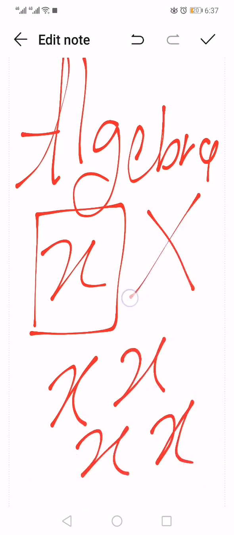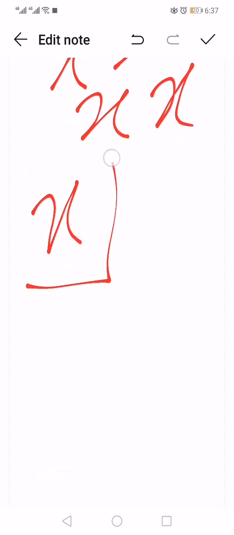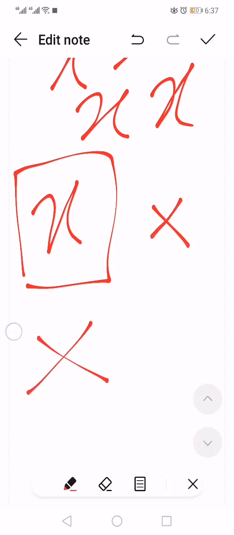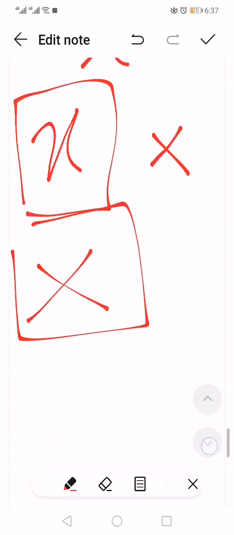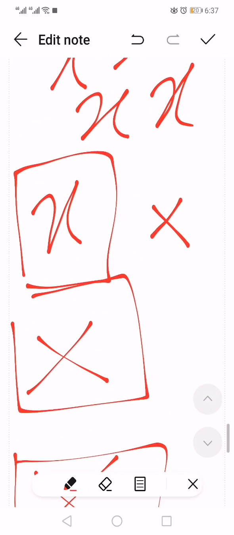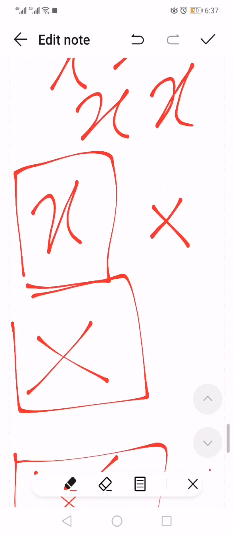But what is the reason that we use this in algebra instead of the English x? It's very simple. In English it's x, but in math it resembles the multiplication sign. Look at it. So same, right? So to prevent confusion, so that you guys don't get confused, that's why